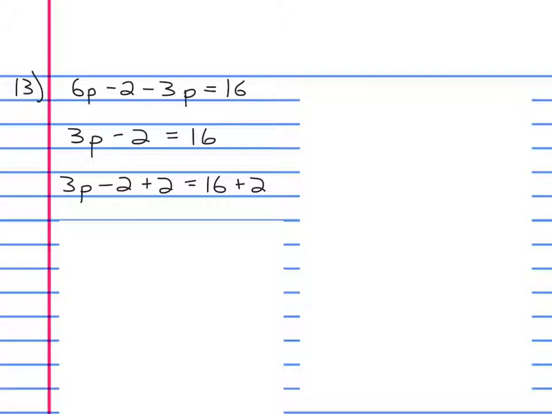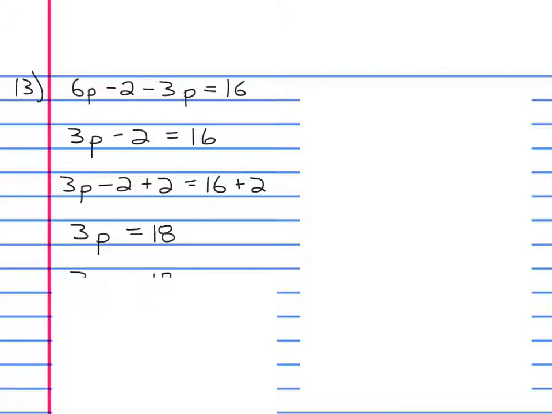Okay, so what do we do? I just said plus 2. I wrote the same thing with plus 2 on it on that side. Okay, why am I doing that? To undo this minus 2 and get rid of it. And so what you see as a result is 3p equals, and then what this is simplified, 16 plus 2